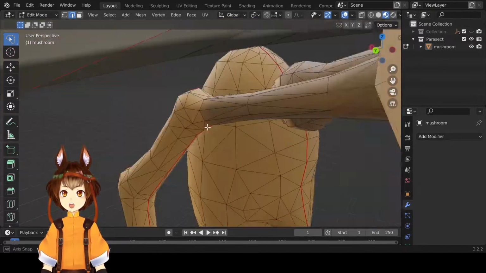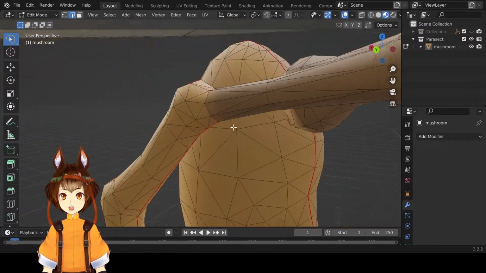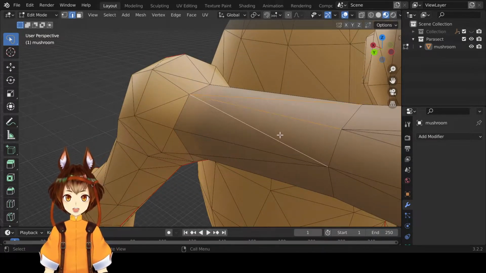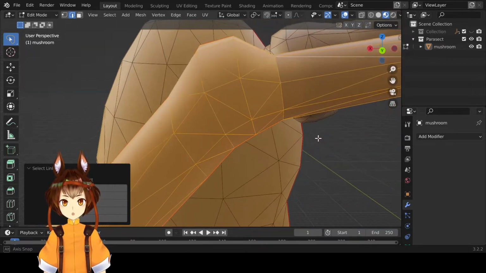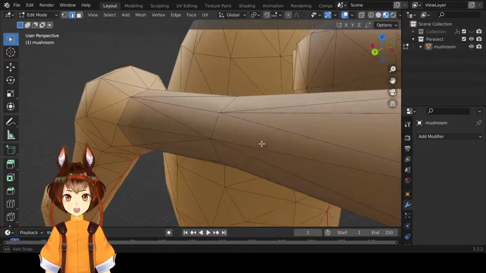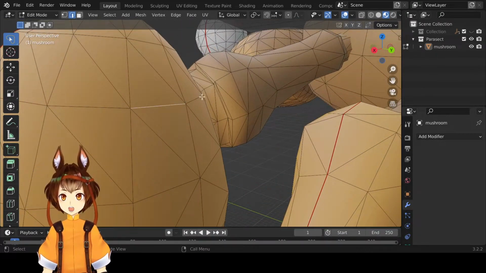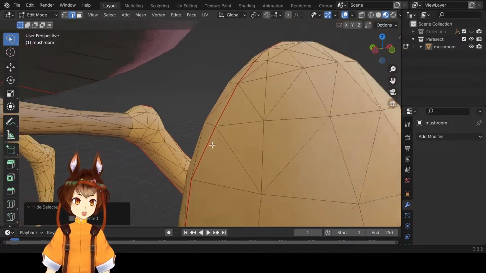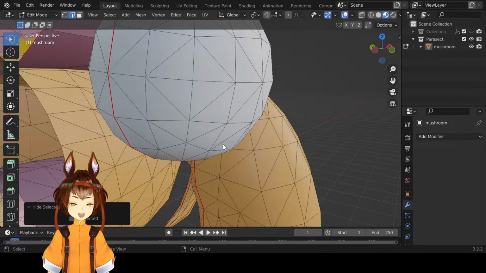Again, you will want to make sure you get all of the polygons that are following along a seam. Like, I can't see them here. I'm just going to select a couple of these, press L. Oh no, wait, they're joined. Oh wait, okay, never mind. This piece here was separate. So his claw here is separate, but that doesn't seem to be the case with this one, so I don't